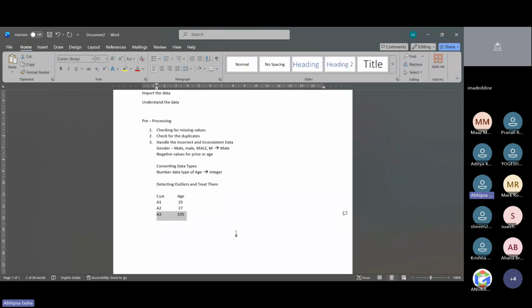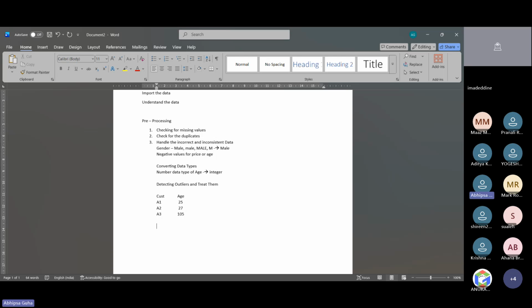So we need to identify it using different forms. We can use the box plot to identify it because in a box plot we get the identification of the outliers, like we can visualize them. Then we can either remove them or fix them by checking if that is valid or not by cross checking. It can happen, right, that a person lived for 105 years. That is not that difficult to understand, but that is very rare. So we need to understand that. We need to validate that. So this is the part of detecting the outlier section.